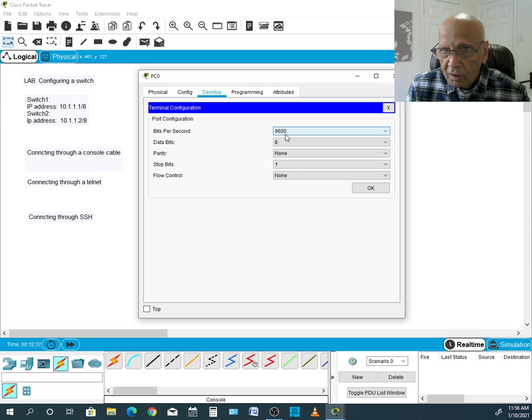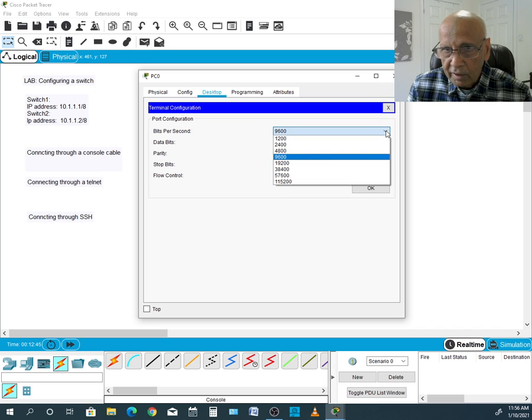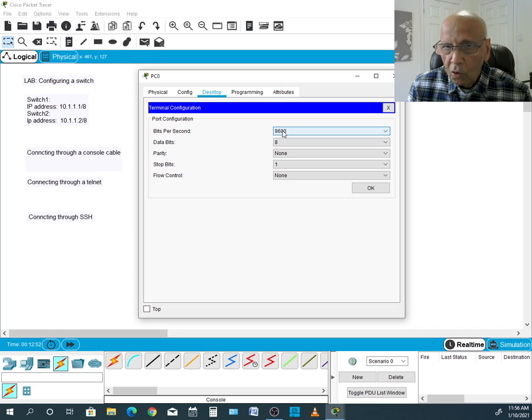Don't change it, because some of these switches and routers don't accept bigger than this one. If you try to change it, for example, to 19200 or something, you may see garbage on your screen, or you may not see something else. So bits per second 9600, data bits 8, parity none, and then stop bit 1, flow control none, and then